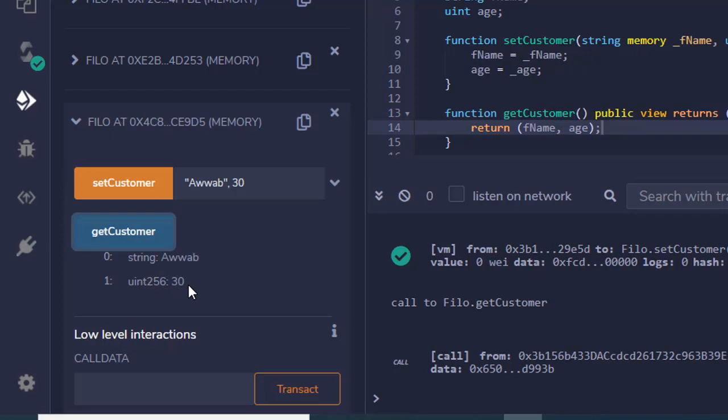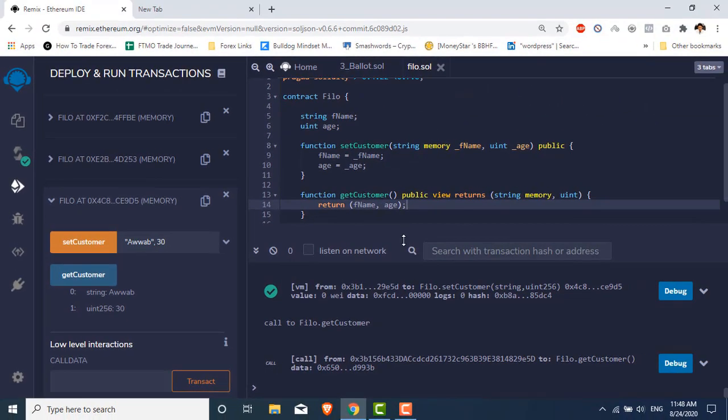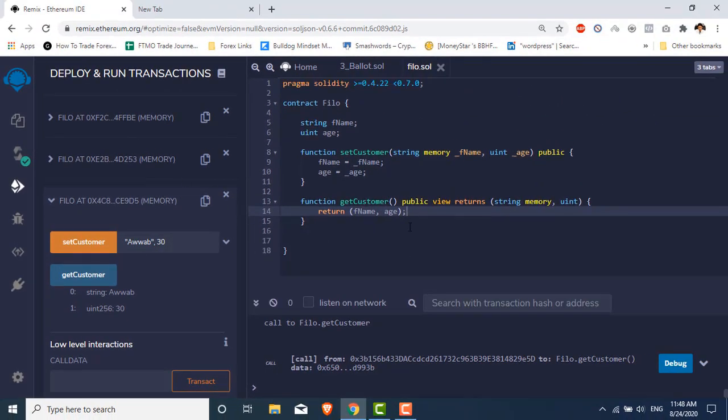So in the next session we are going to create a web form outside of here, from where the customer or any user will write the first name and age, and it will display below. So let's see you in the next session.